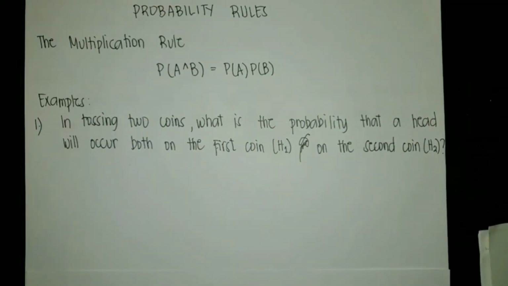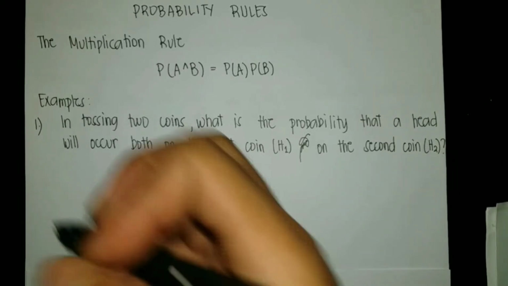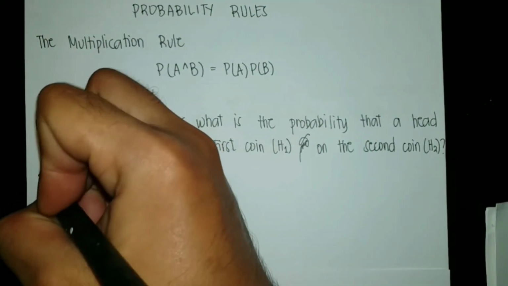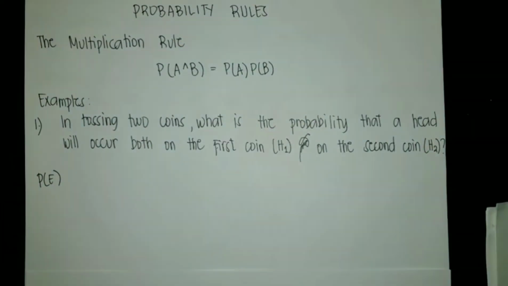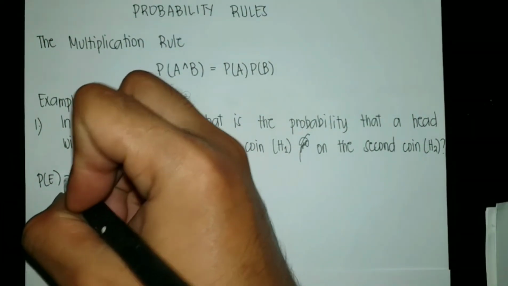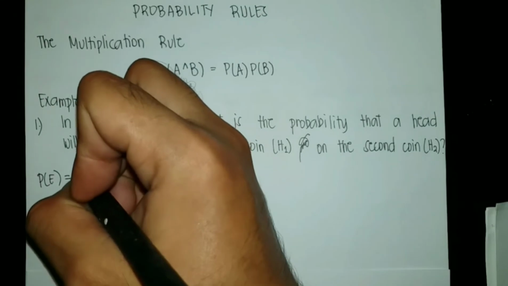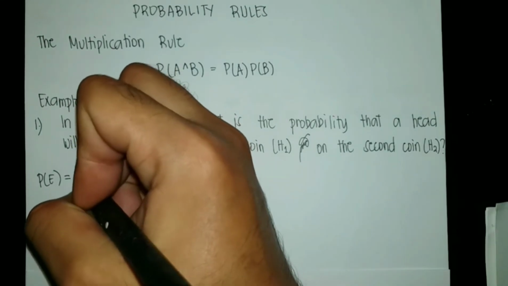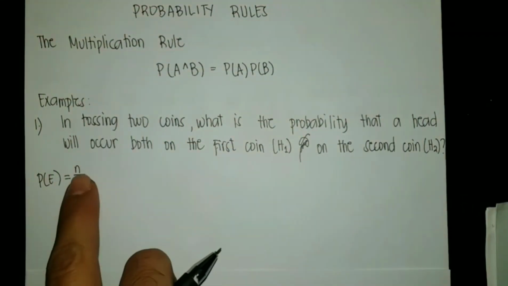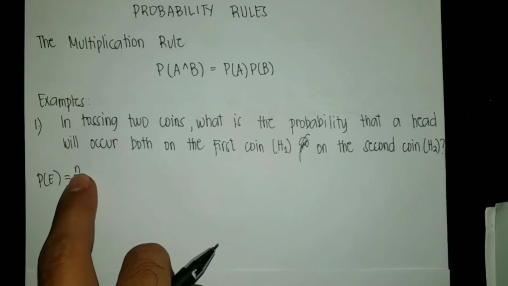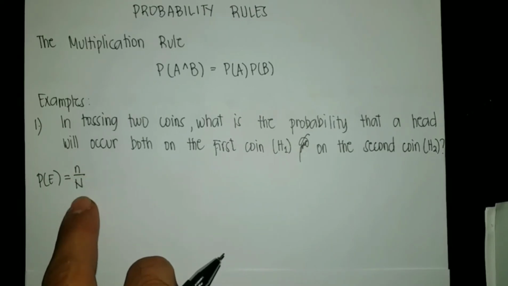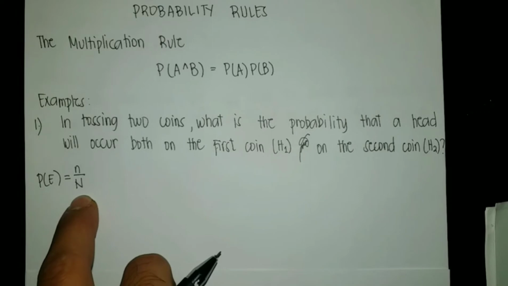But first, let us find the probability of each event. We have learned last time that the probability of an event is equal to n over n, where n in the numerator is the favorable outcomes and n in the denominator is